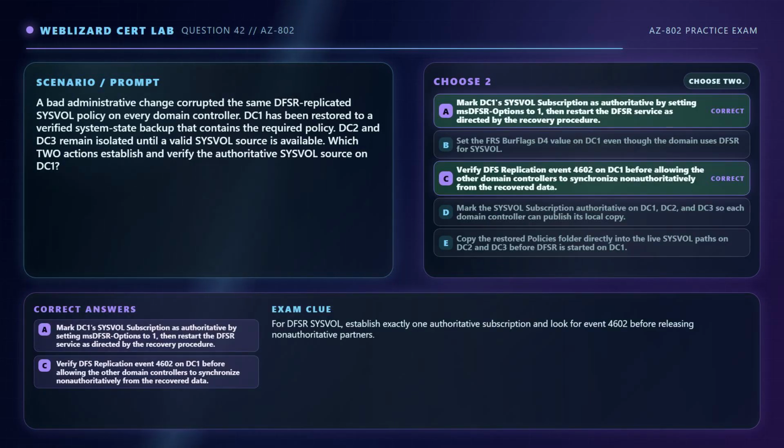The correct answers are A and C. Option A. Mark DC1's sysvol subscription as authoritative by setting MS-DFSR-options to 1. Then restart the DFSR service as directed by the recovery procedure. Option C. Verify DFS replication event 4602 on DC1 before allowing the other domain controllers to synchronize non-authoritatively from the